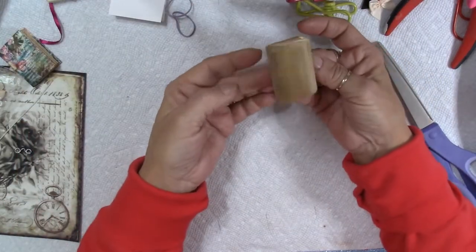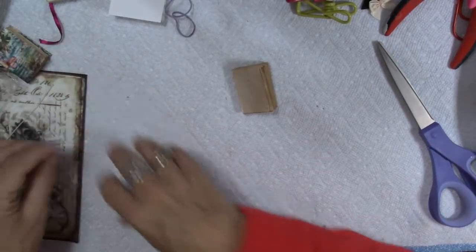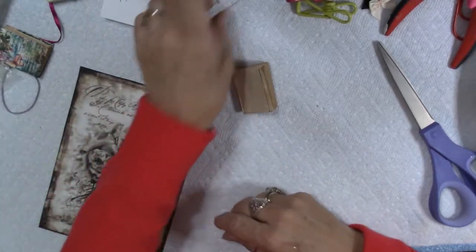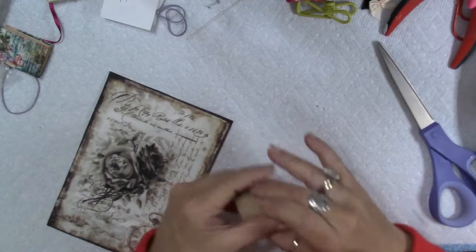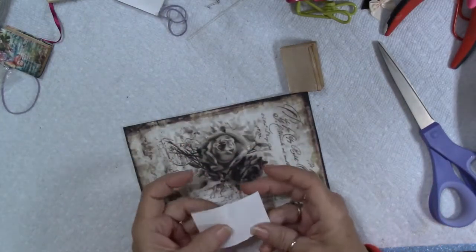You can see it's holding together very, very well. So the next thing we're going to do, I'm going to put my little glasses aside there. We're going to make a pair of those glasses too. I'm going to take this paper, and now that I've got some of these cut out, I'm going to use this as a template,